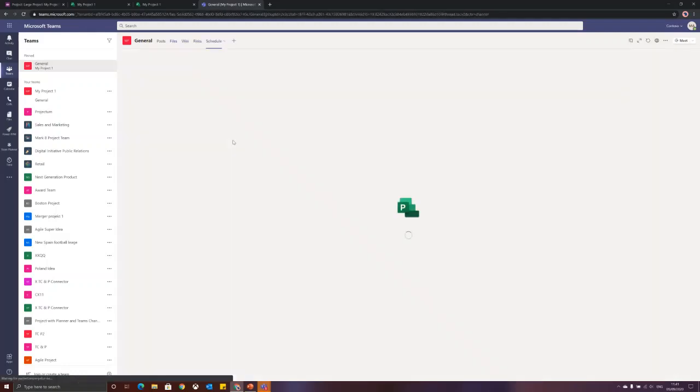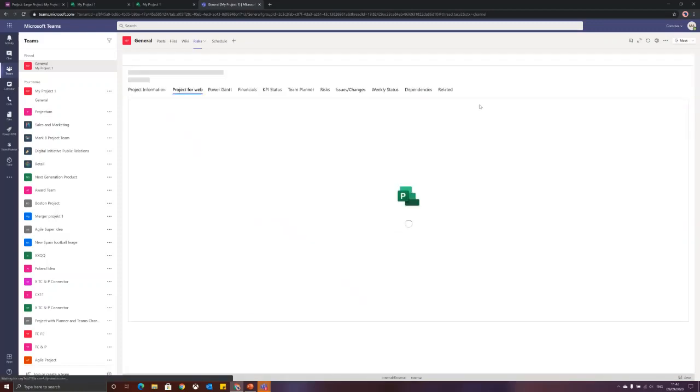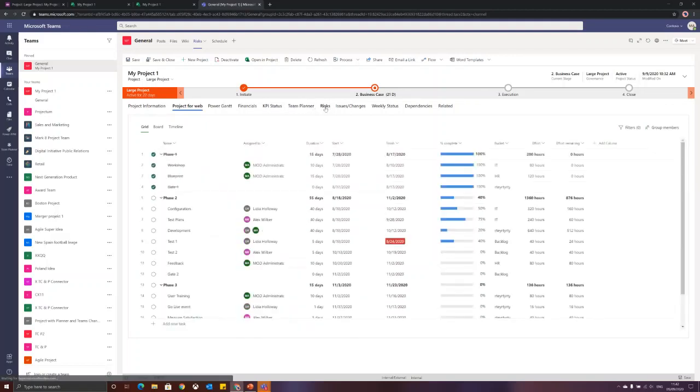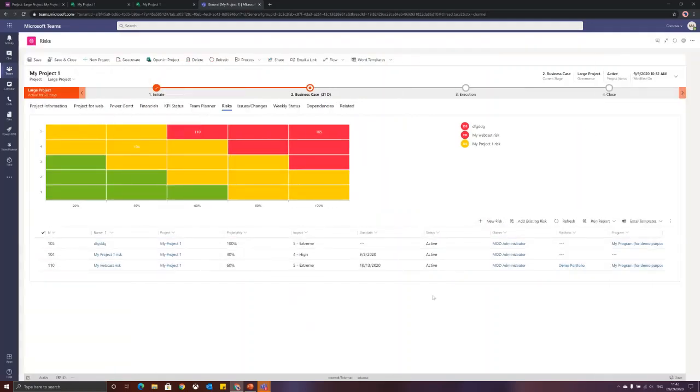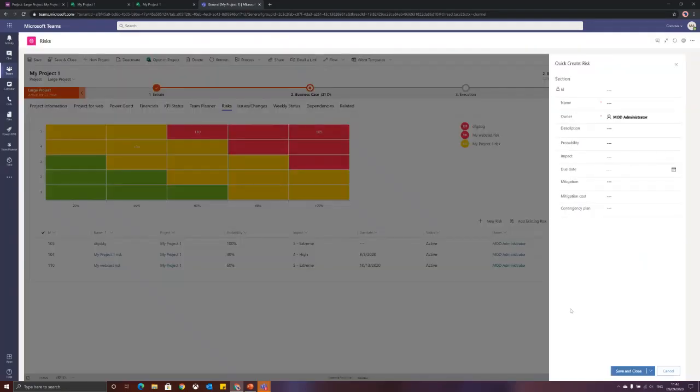I showed you the scheduling example, but it could also be that you want to access risks, for instance, so that the team members can open up, you see, it's created, it should be set up. There we go. You can then, of course, select what they should be able to see down here. But as an example, they could then see the risks. They could go full screen. They could create risks and update them and so on, without having to leave Teams. So team members work in Teams. Project managers could also work in Teams, but end of the day, they need an application where they can do